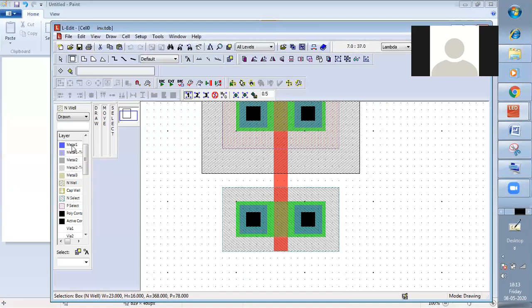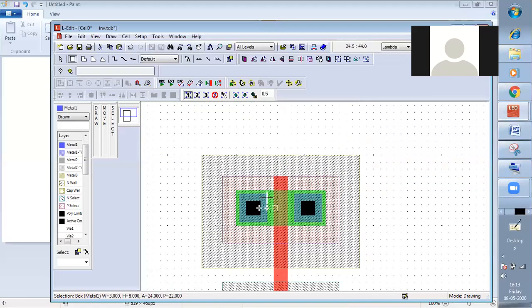So how do we connect it? We use metal and 3 lambda by 3 lambda. So we can start from here, and here we have this 3 lambda distance, right? And here also we started and we write here 3 lambda. It is not mentioned how much distance is required. It depends on circuit to circuit what you will do with this, right? So it is not mentioned over here what this distance is, but this width is fixed. This is 3 lambda,